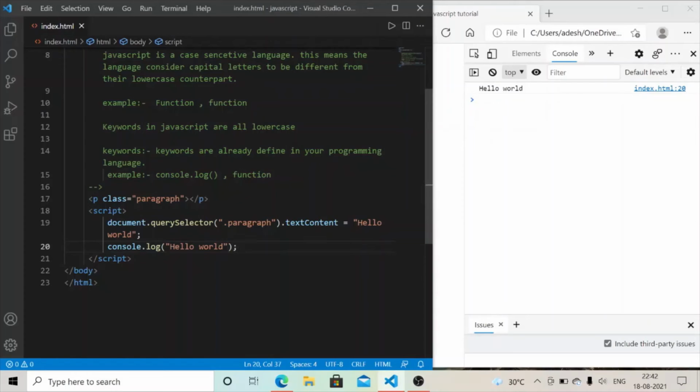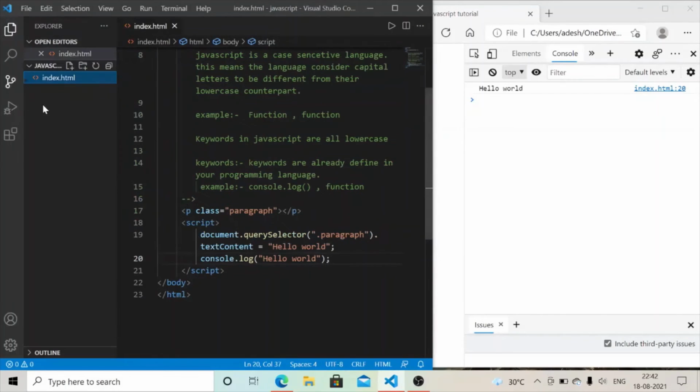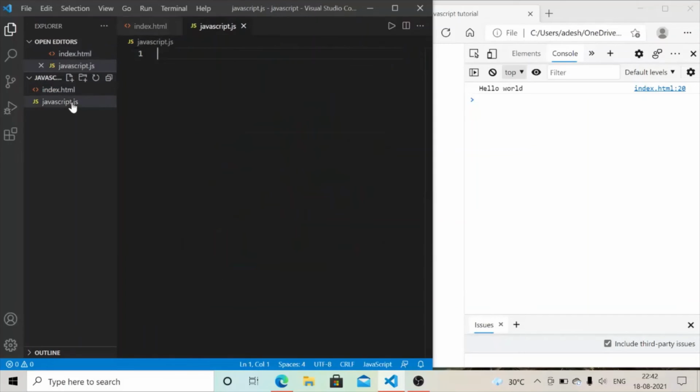You can also create an external file for that. So for that you have to create an external file and give your external file name. That is, I write here javascript, and after giving your file name you have to give the extension JS. So if you write JS, it means it's a JavaScript file.